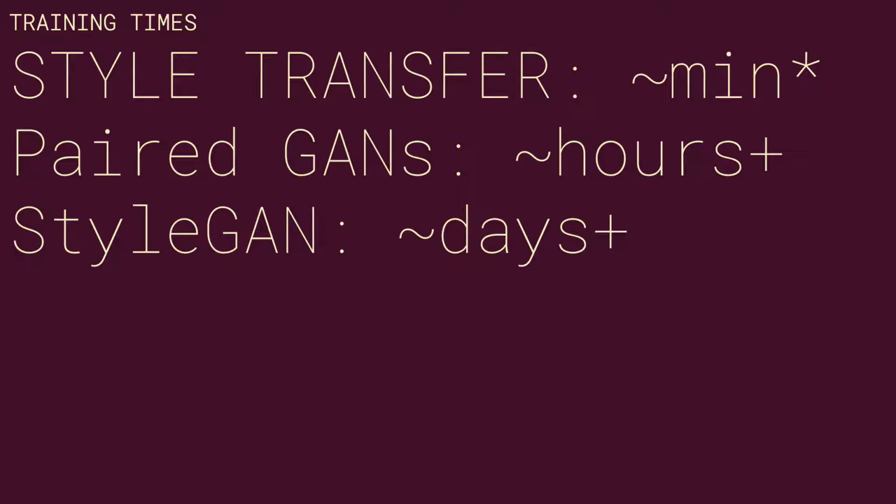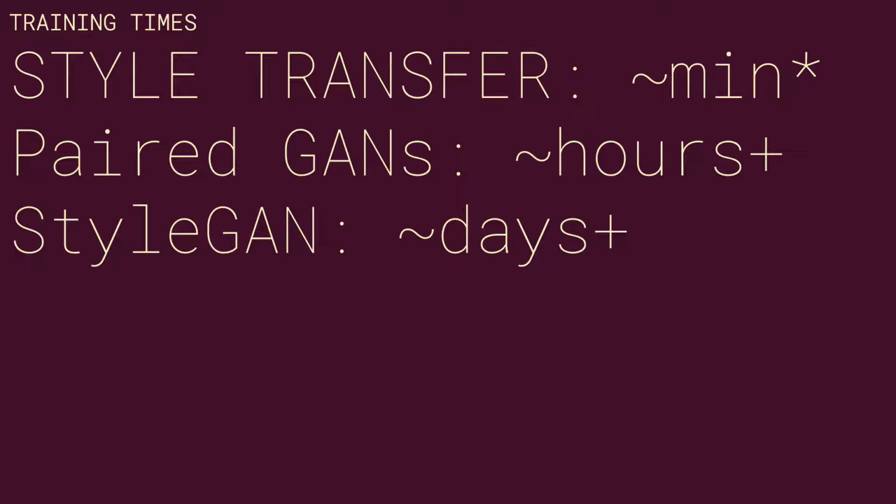So, the time it takes to train these things. In this class, I'll generally talk about these three different categories as types of work that we can work in. Style transfer takes minutes. I can produce a high-res style transfer in about 10 minutes. That's 1400 pixels by 1400 pixels. Paired GANs, which is pix-to-pix and CycleGAN, take hours, verging into days depending on what you're doing. It might take a couple hours, it might take 18 to 36 hours to produce a model, training a model with that. With StyleGAN,